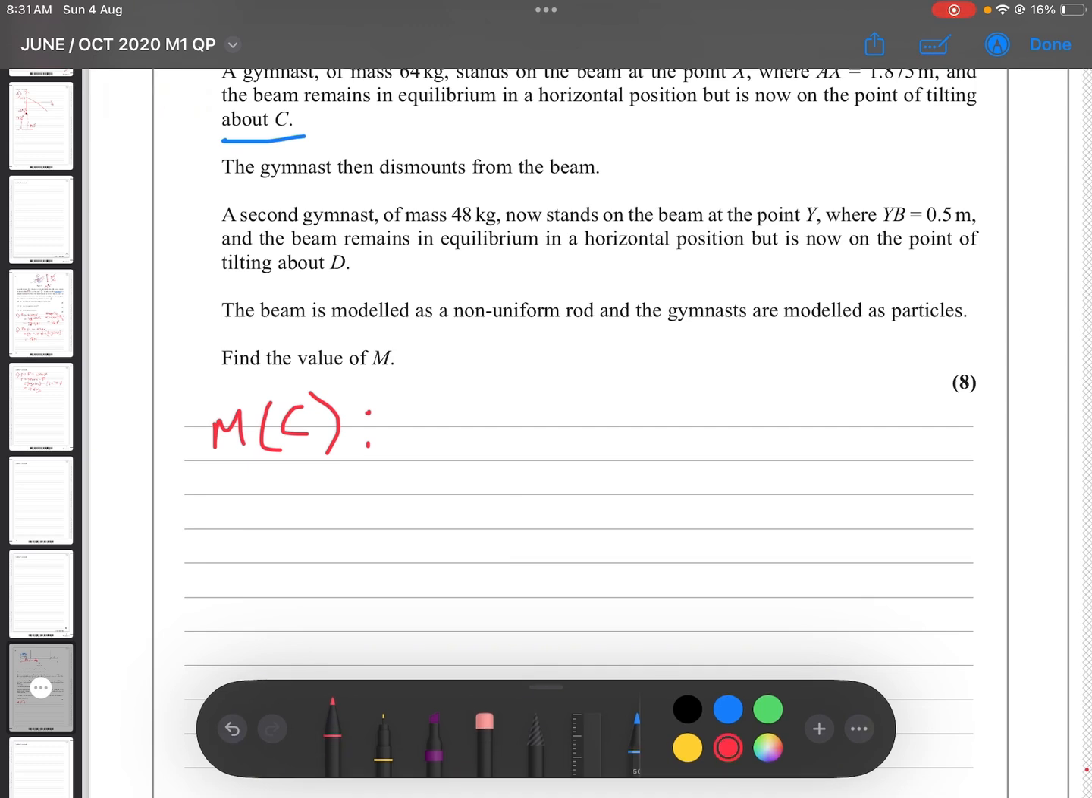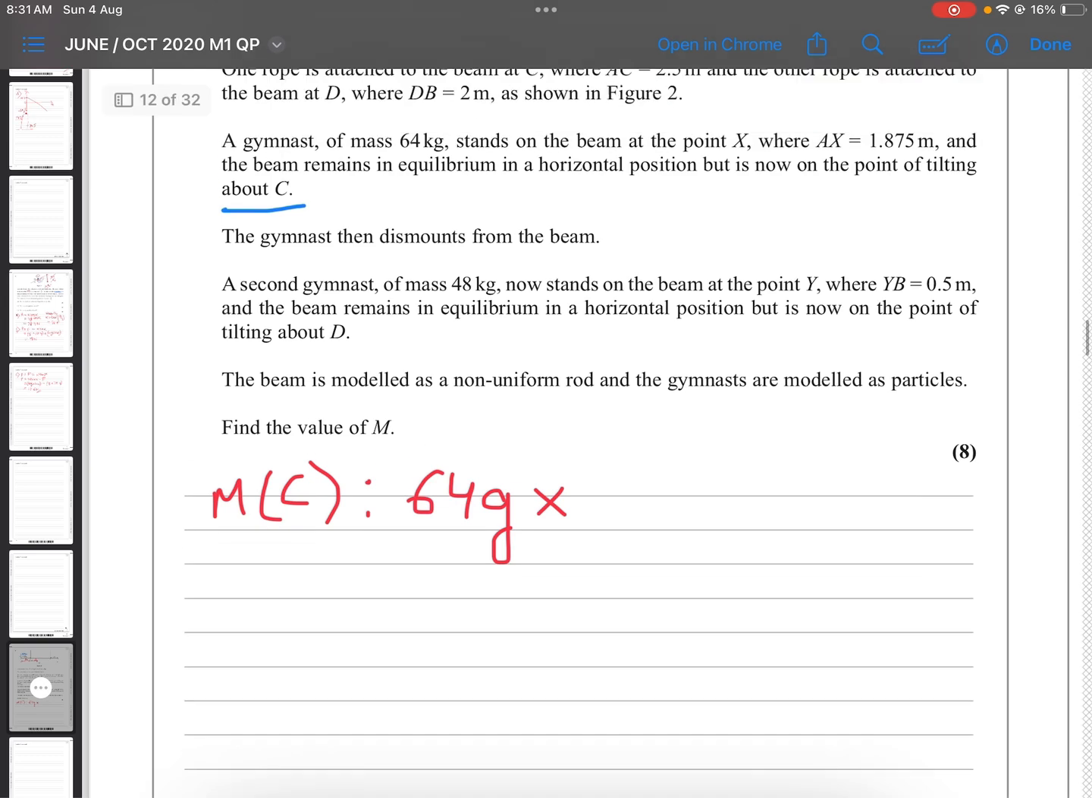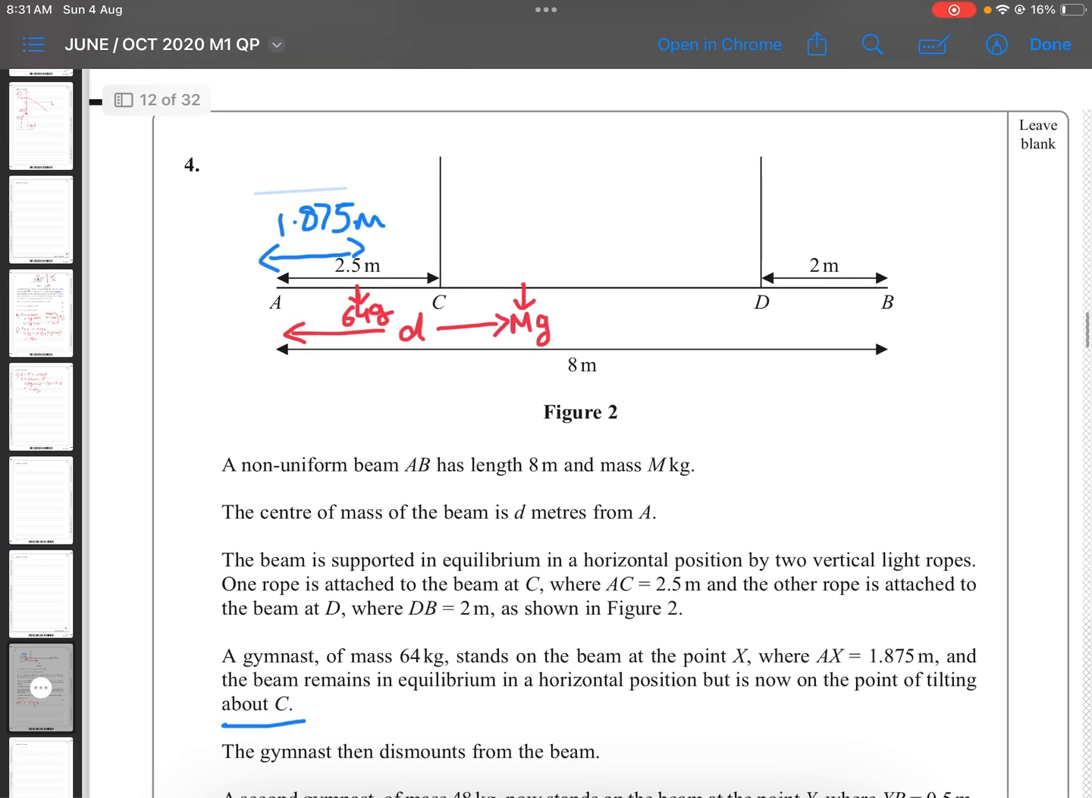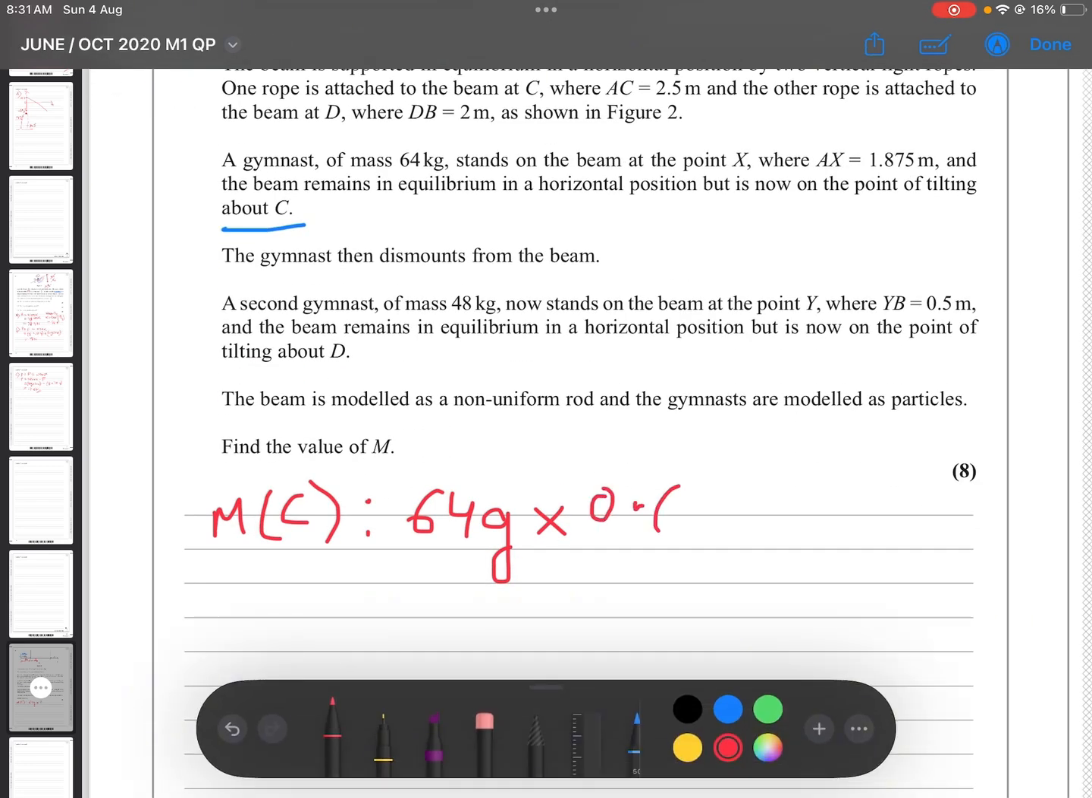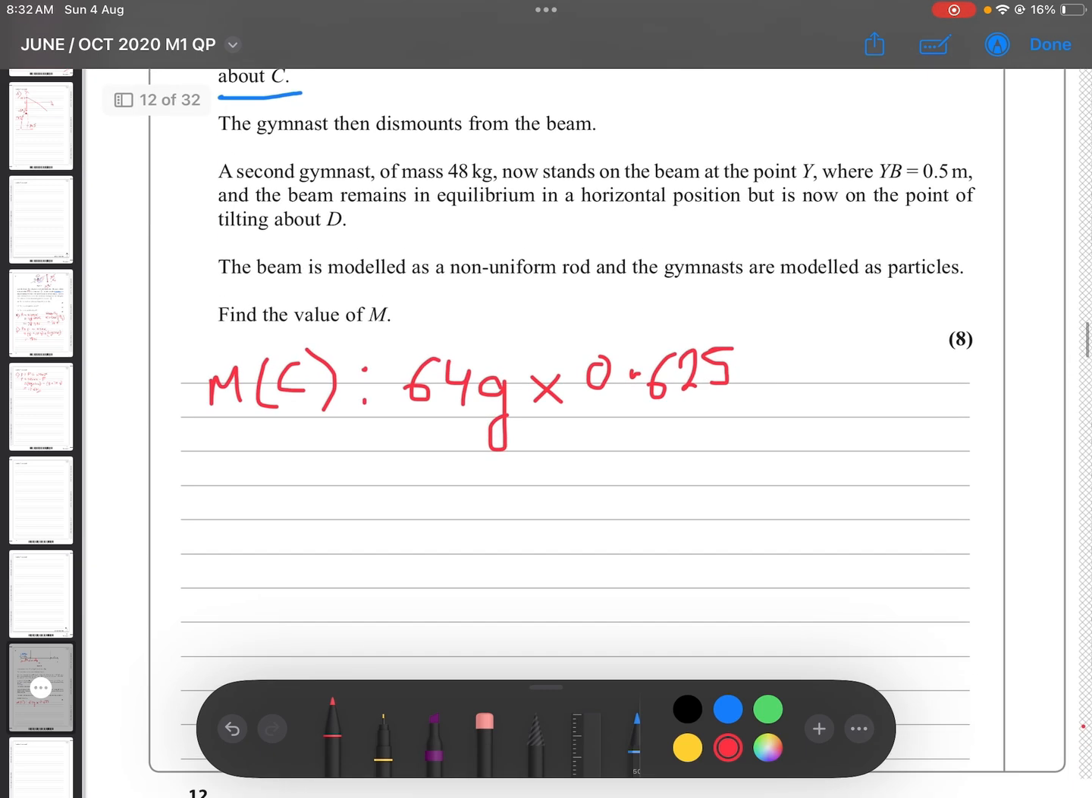So 64g. g is equal to 9.8 in mechanics. Please make sure it's not 9.81 like in your physics. It's 9.8. 64g times the distance, because moment equals force times distance. And the distance from 64g to C is 2.5 minus 1.875 meters, which is equal to 0.625 meters, into 0.625. Total clockwise moment is equal to total anti-clockwise moment. So this is going to be equal to mg